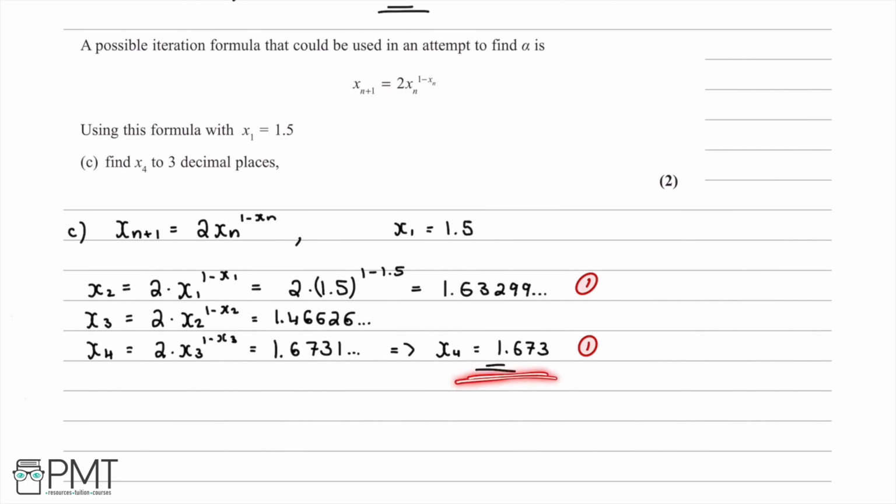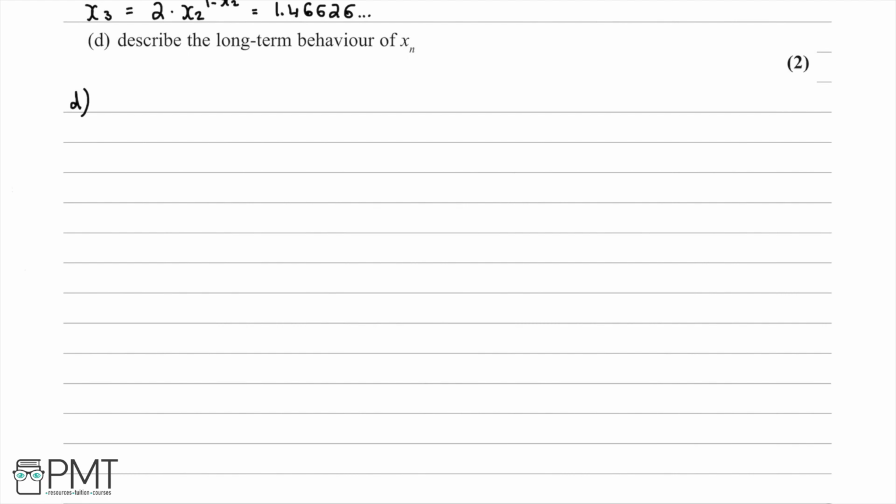So in part D of this question, we're asked to describe the long-term behaviour of xn. So as n tends to infinity, what happens to the value of xn? So that's what the question's asking us. And what we can do is if we continue pressing the answer button on our calculator like we did to find x4 in part C of the question, we'll see that firstly, the value of xn will stabilise and it will begin to fluctuate